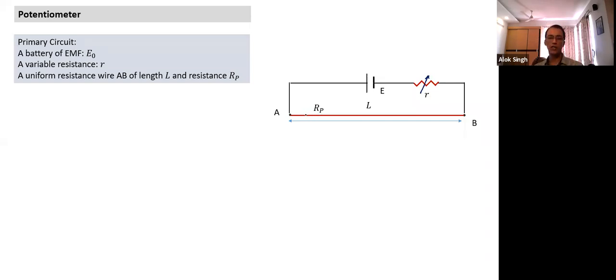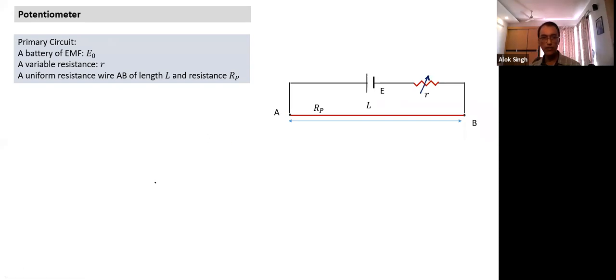When you look at the circuit here, typically it will have a battery and two resistances. One is the resistance of the potentiometer wire, RP, and the other is the rest of the resistance. The rest of the resistance could be the internal resistance of the battery as well as an additional variable resistance connected to the battery. In this case, I have taken both together as small r. We can use any notation, but what we have to understand is that RP indicates the resistance of the potentiometer wire, and small r is the rest of the resistance. The red color only indicates resistance, and the lead wires we assume have negligible resistance. So this is the primary circuit. It is an extremely simple circuit, no complication.